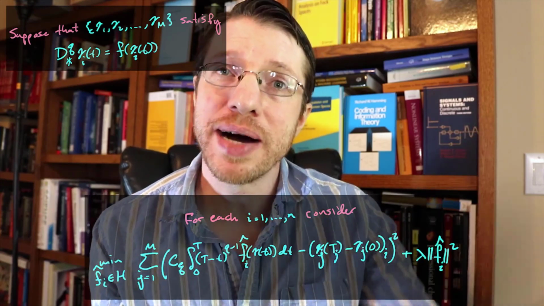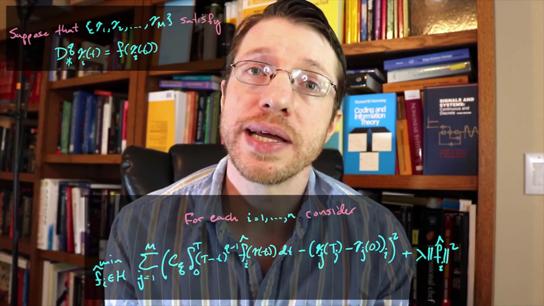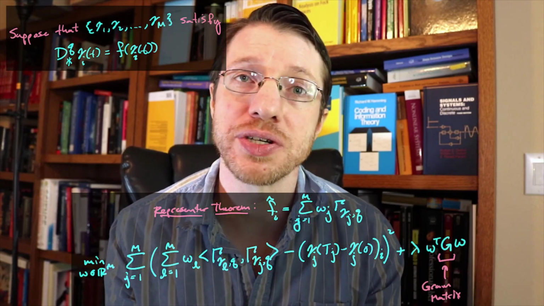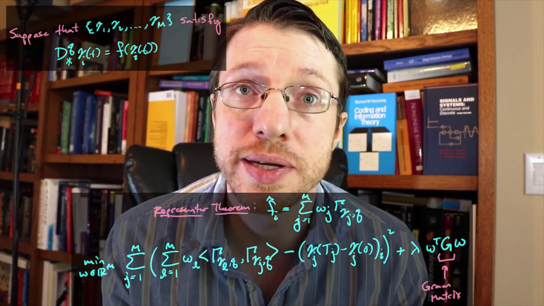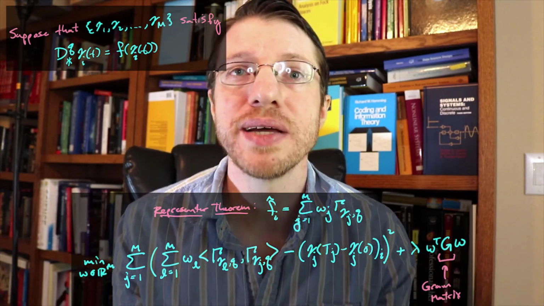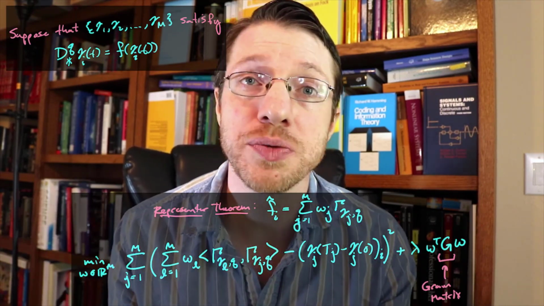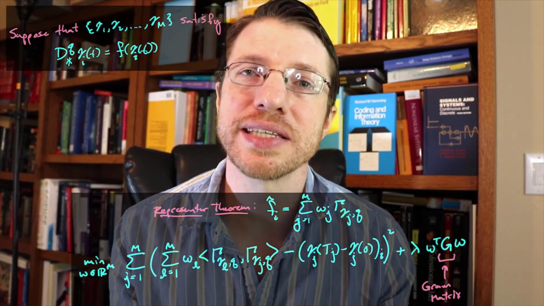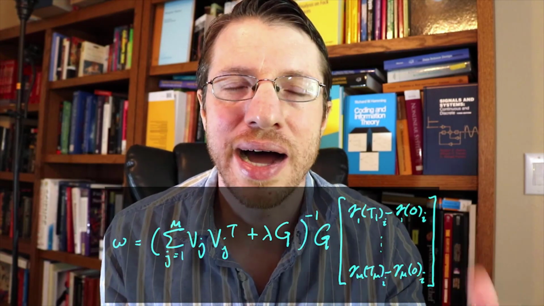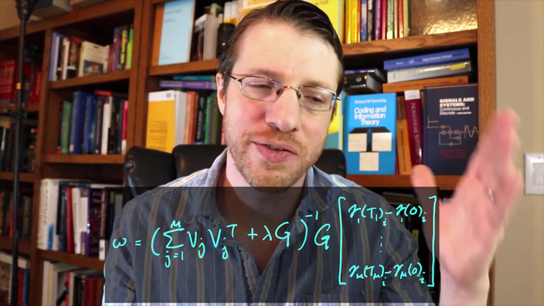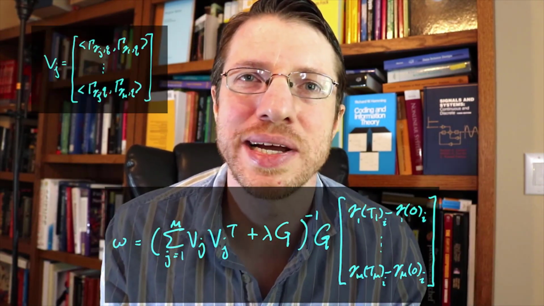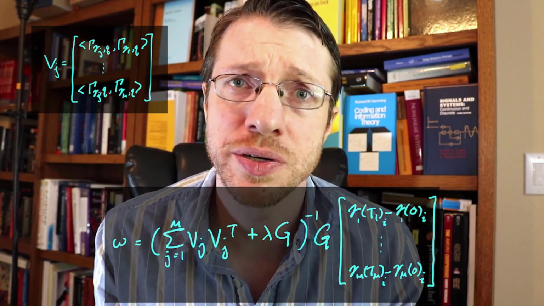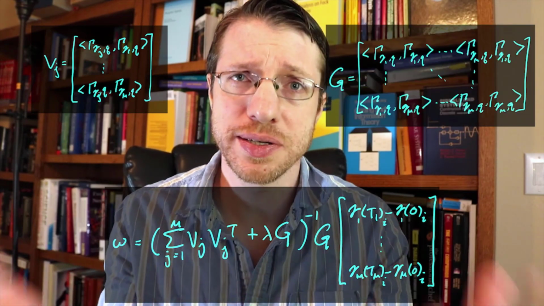And so if we want to minimize over all f inside of our Hilbert space, we can use the representer theorem and demonstrate that f has to be a linear combination of these fractional order occupation kernels that we started with. And so then we plug that back into our system. Then we have a finite dimensional optimization problem to solve. Take the gradient of this problem, set it equal to 0, and then you get this very nice form where you have the sum from i going from 1 up to m of this vector v_i times v_i transposed, where v_i is a column of inner products of these occupation kernels, plus lambda times the gram matrix of this basis.